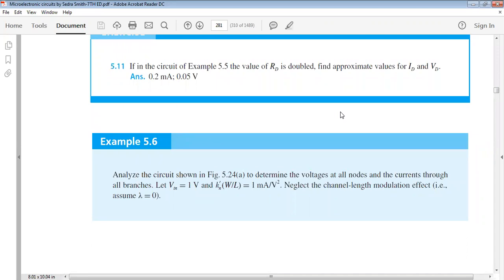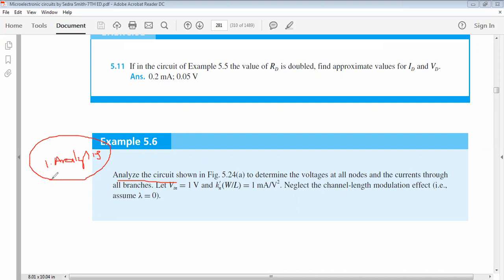Okay, in this class also we discuss MOSFET problems. Now this problem is related to analysis problem. Observe the given circuit and analyze it. Right, in circuit problems there are two types of problems. First one is the analysis problem. That means given resistor values and circuit parameters, you know the circuit functionality also. We have to find voltages and currents at different nodes and branches. Okay, those problems come under the category of analysis problems.